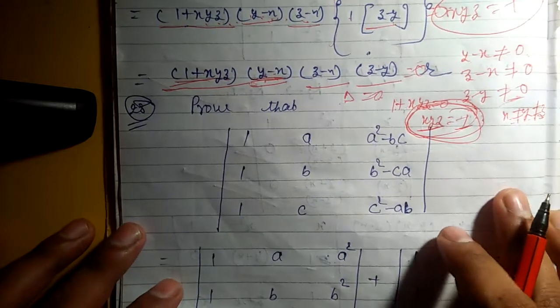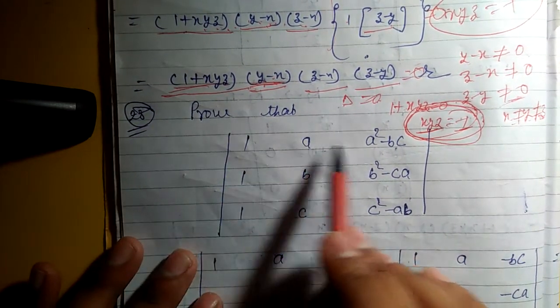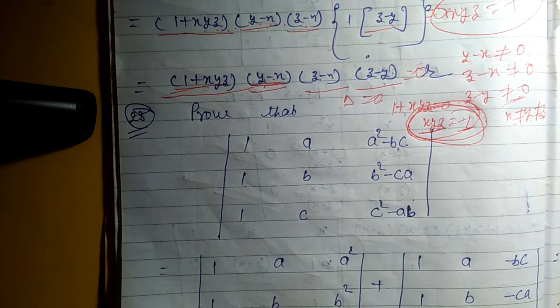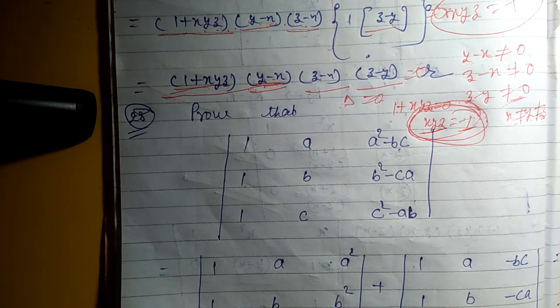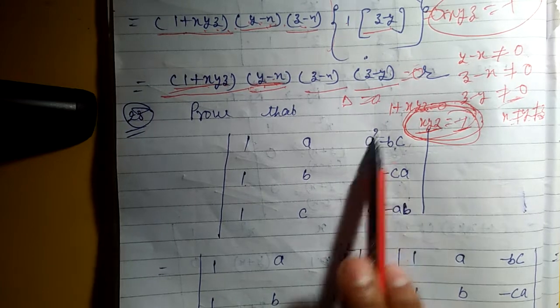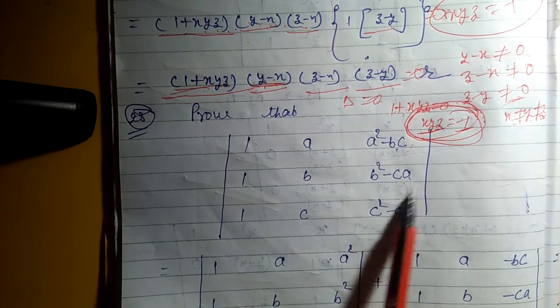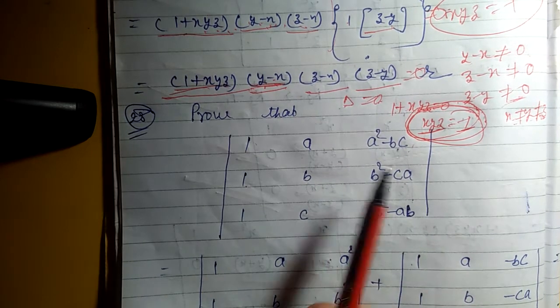Now we are going to do question number 25. The question is, prove that the determinant with rows 1, a square minus bc; 1, b square minus ca; and 1, c square minus ab, and this is also based on the sum property of the determinant. You can see in the third column there is a sum of a square plus minus bc and b square plus minus ca and c square plus minus ab, and you know that in that condition we can